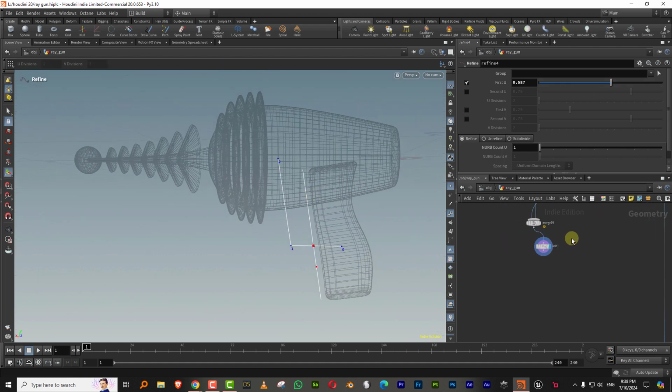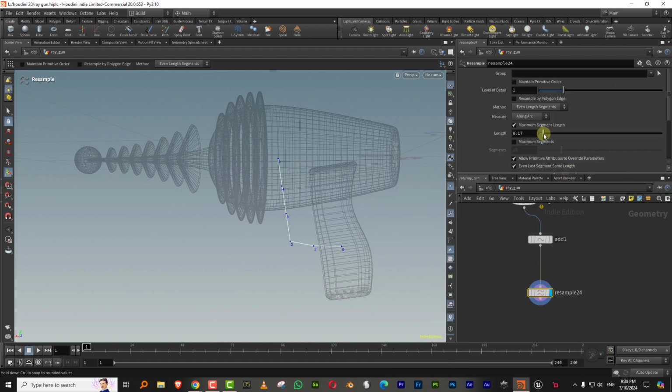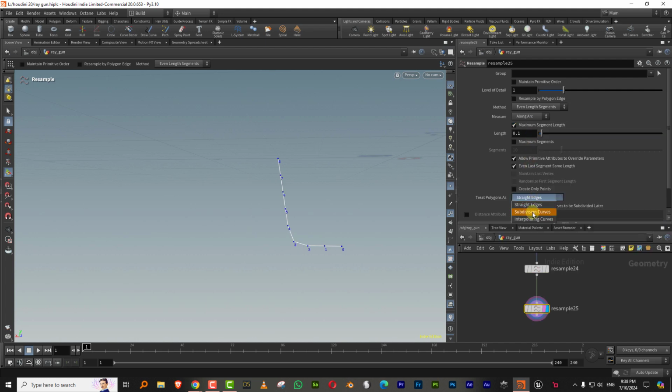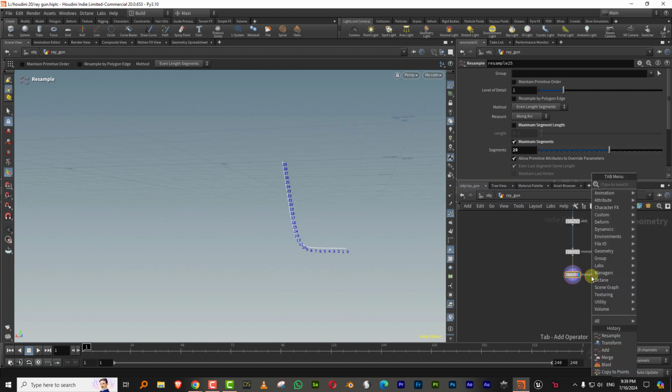And now we can do a couple of things. So I can just take a resample here, and then keep it slightly low like that. And then take another resample, and we can set this to subdivision curves. And then we can just increase the number of points. So there you go. And then we can do a sweep. So just take a sweep,